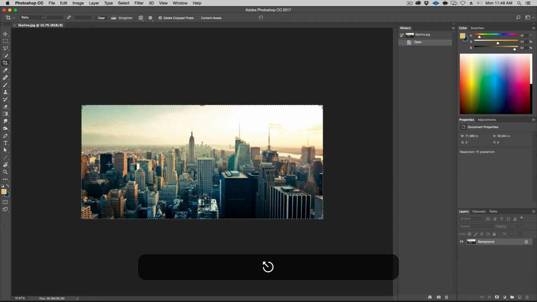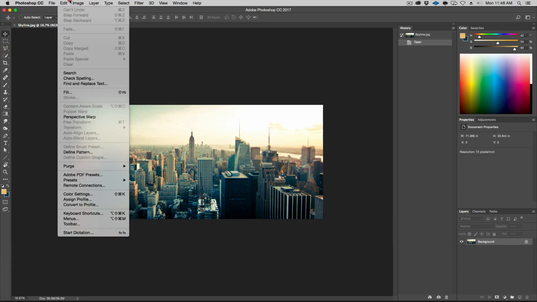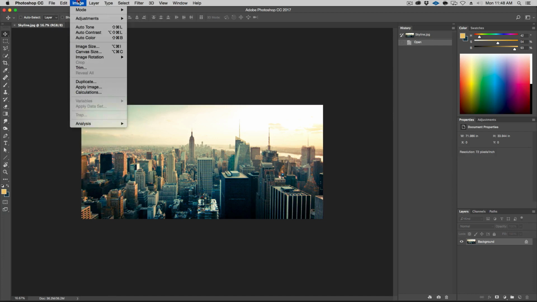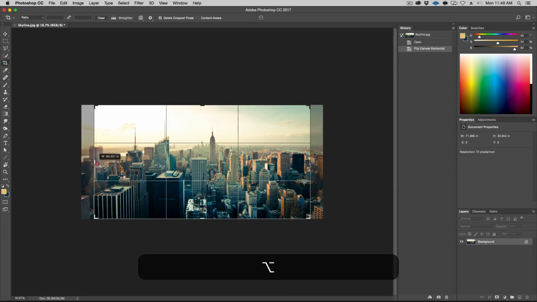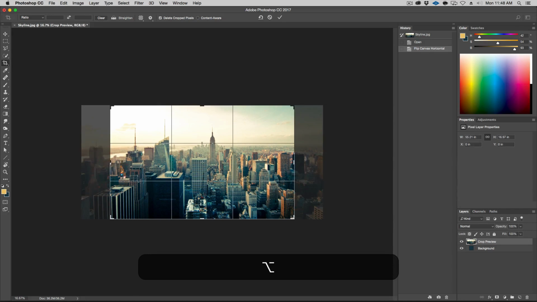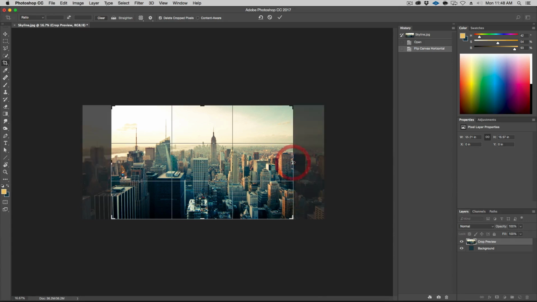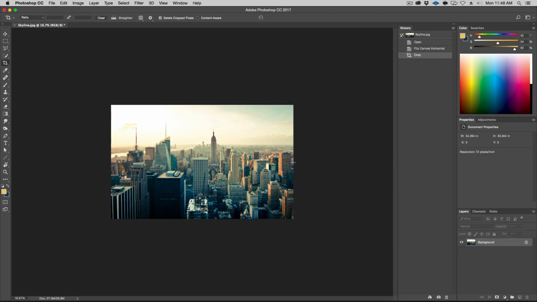All right. So before we crop it, let's actually just flip this image because I cheated and it looks better this way. So go to Image, Rotation, and Flip Canvas Horizontal. Okay, now go to the crop tool and, holding down the Alt key so that we're symmetrical, I'm going to go right around here, something like this, and this is right. Something's fine. I'm not crazy about this building, but let's just cut it off. Here we go. All right, hit return, and there we go.